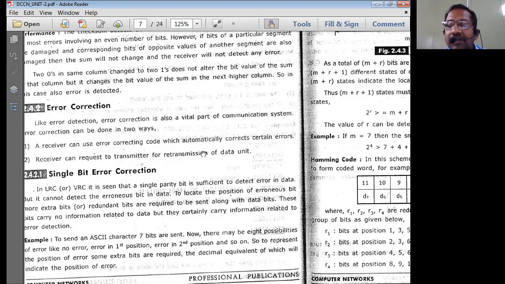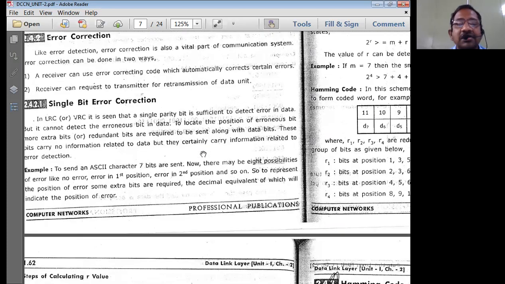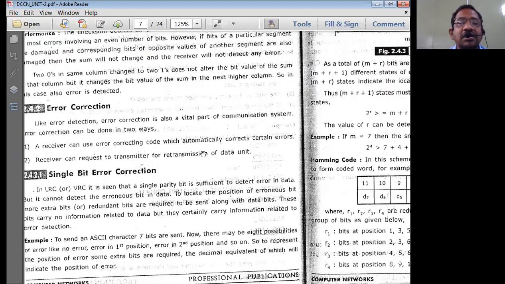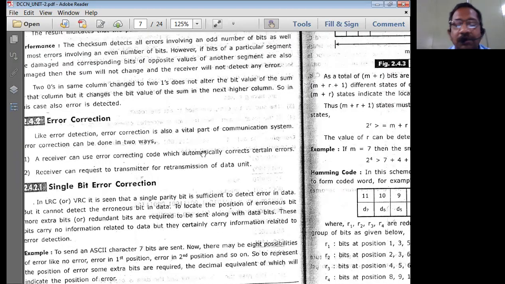Apart from this, instead of the receiver continuously asking the sender for retransmission of the corrupted data bits, if it is able to correct some of the bits, it is always better at the receiver side itself. That is called error correction techniques. In error correction techniques, we have two important methods. One is the single bit error correction method. The next one is the Hamming error correction method. Using these two methods, we can correct a single bit of error in the transmitted data bits. This is a concept which is important.